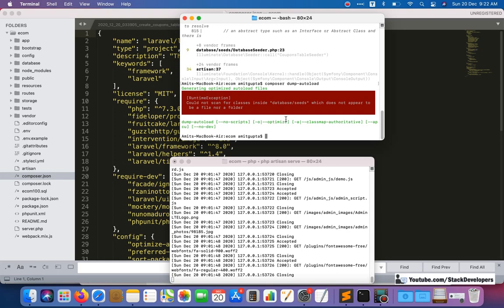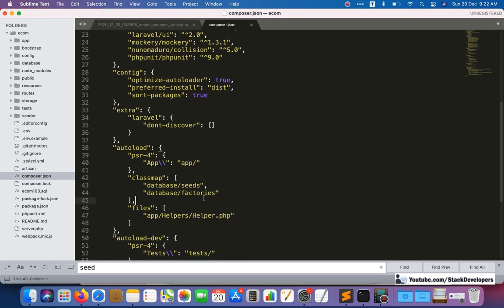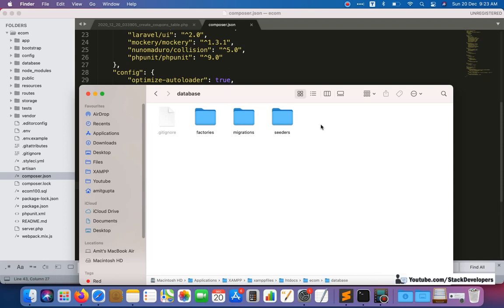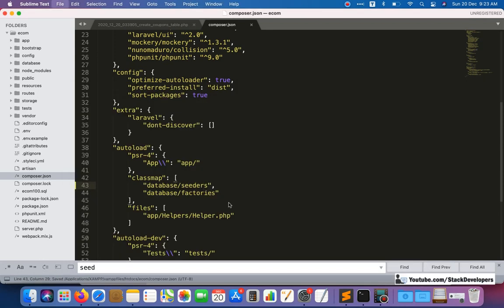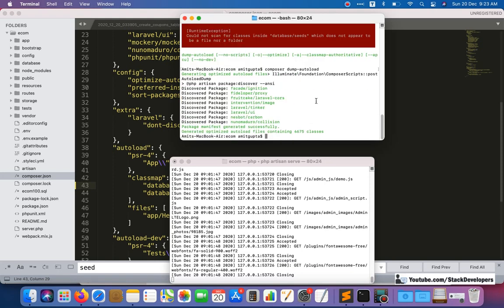Open your composer.json file, and here you need to check whether seeds is somewhere. Yeah, instead of seeds you need to give the new folder name, that is seeders. Here you will do it like this, seeders, in the composer.json file as well. Okay, so I am going to run that composer dump-autoload once again. Let's see, this time it is running fine, and now I'm going to run that final command that we have given, php artisan db:seed. This time it must work fine.